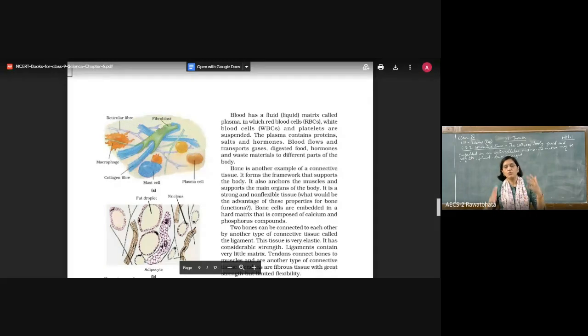Meaning, if you want to find out the temperature of your body, it remains all the way the same, whether you measure it from your head, from your palm, from your underarm, or from below the tongue. If your body temperature is 37 degrees Celsius, if you are normal, it is going to be 37 degrees Celsius throughout the body. And how is it possible?